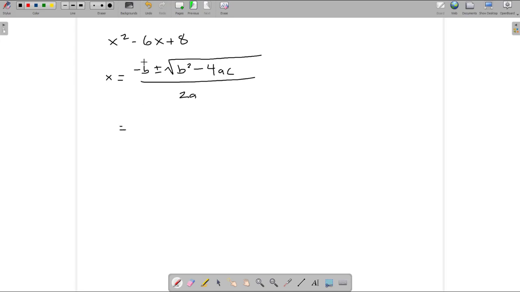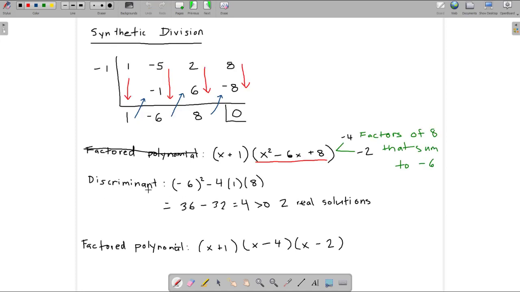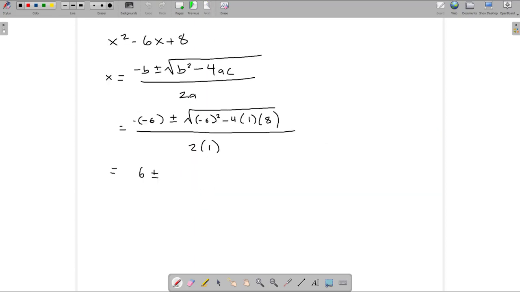So here that's going to be -6 plus or minus the square root of b squared, -6 squared, minus 4ac over 2a. So -6 becomes +6 plus or minus, this was b squared minus 4ac, which I already calculated for my discriminant. So that's going to reduce to 4. So square root of 4